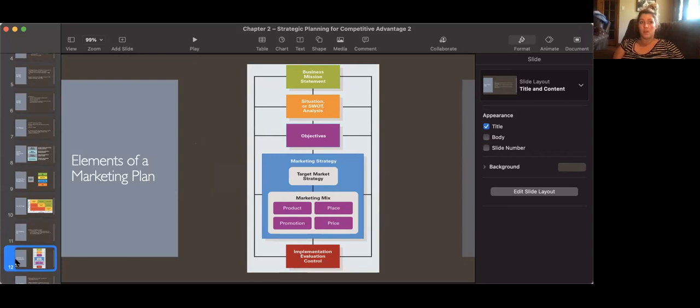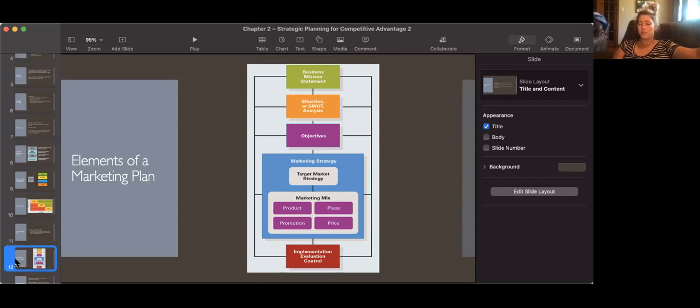Some people's entire operation is their marketing plan because they serve to market their product or their company. For example, the Convention and Visitors Bureau here in Nacogdoches, their sole purpose is to market the community. They're not making products. You can't go in and get your hair cut. They're not selling a service, but they're selling this concept of visit Nacogdoches. And so their entire operations hinge upon their marketing plan.